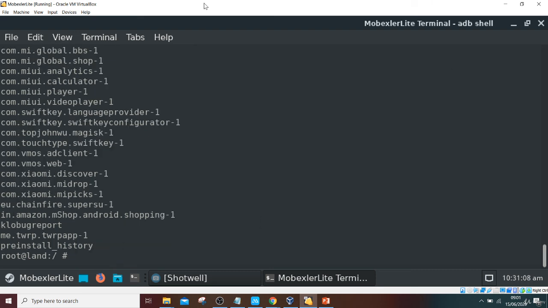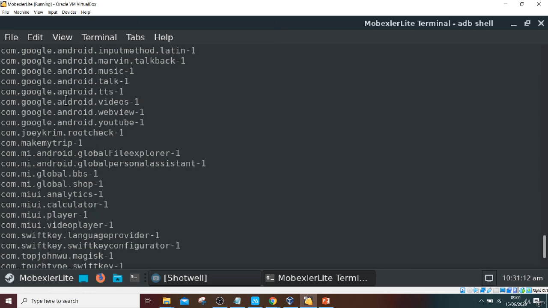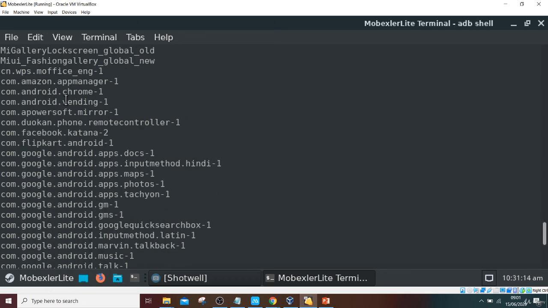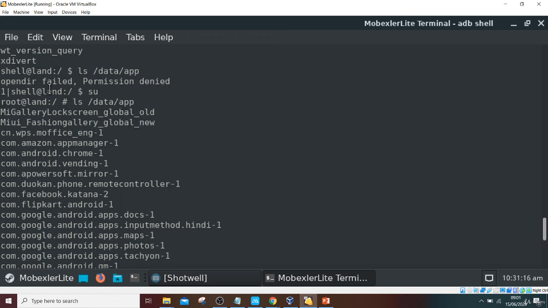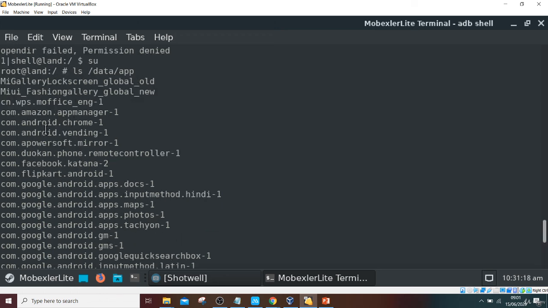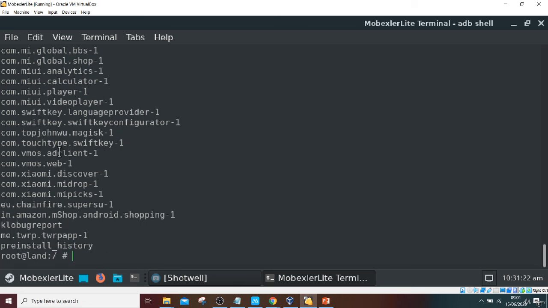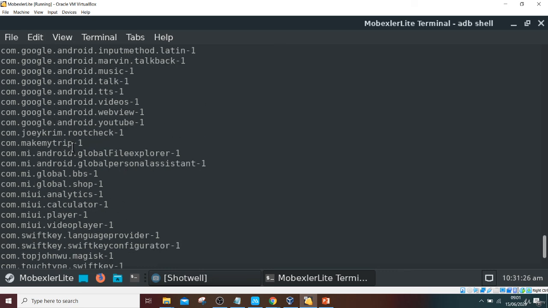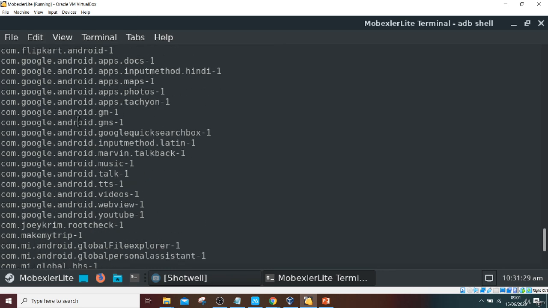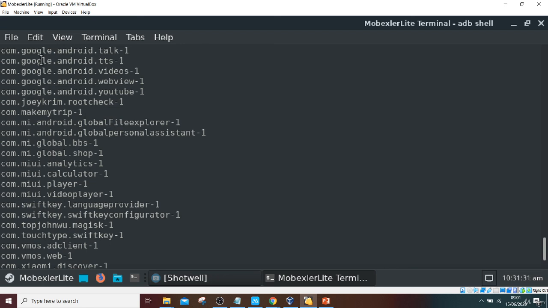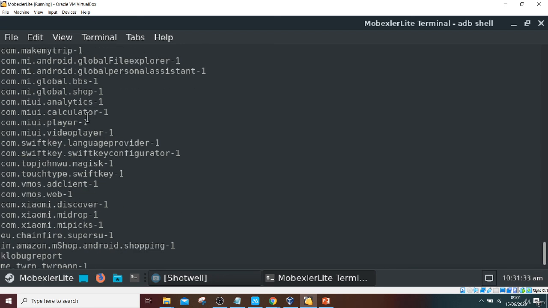See, all the apps which you have installed or which need admin rights are showing in this console, in this folder. For accessing this, you need to have root access, then only will you be able to see all the applications installed in this folder. So this is how we will be communicating or interacting with our Android device.